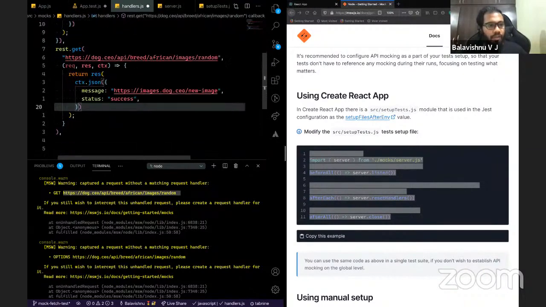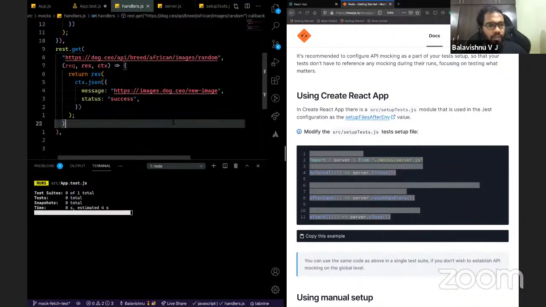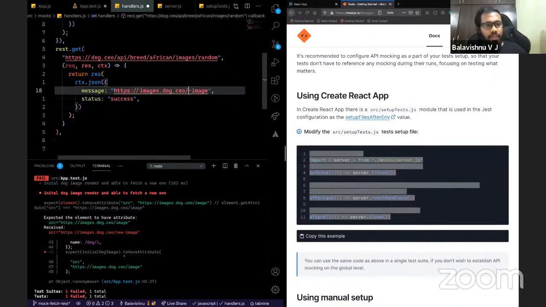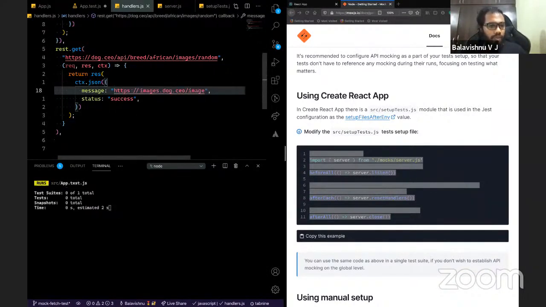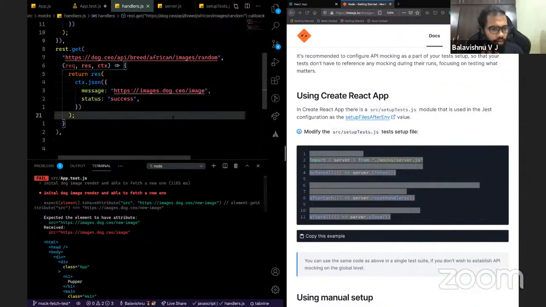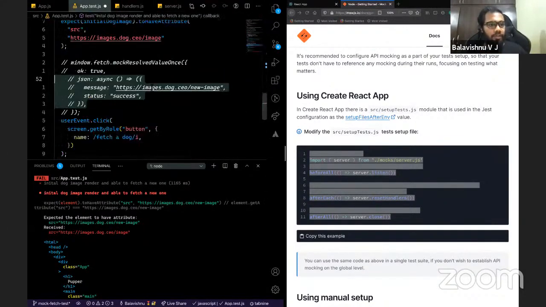So API response has changed, so I'm just saving it. So now if you see our test, yes, so this is new image. We expected a no image to be there in the test, so that should be fine. See, okay, fine. So these are test second. Let's go. So now